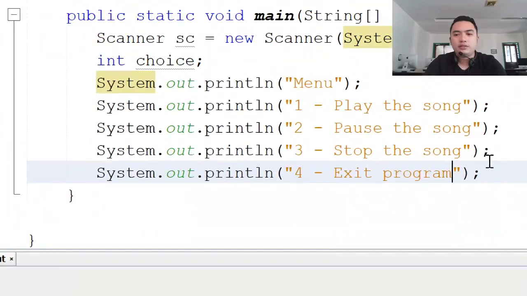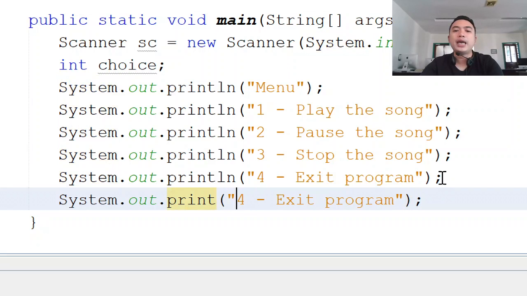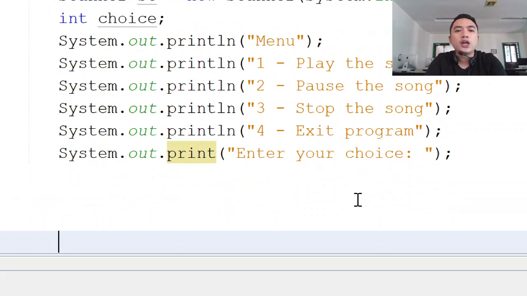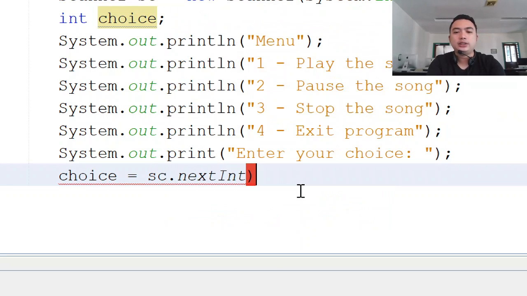And then we need also to put another System.out.print. We will use print because we'll be asking for an input. So enter your choice. Okay. So we will be storing the choice here, se.nextInt in the choice variable.